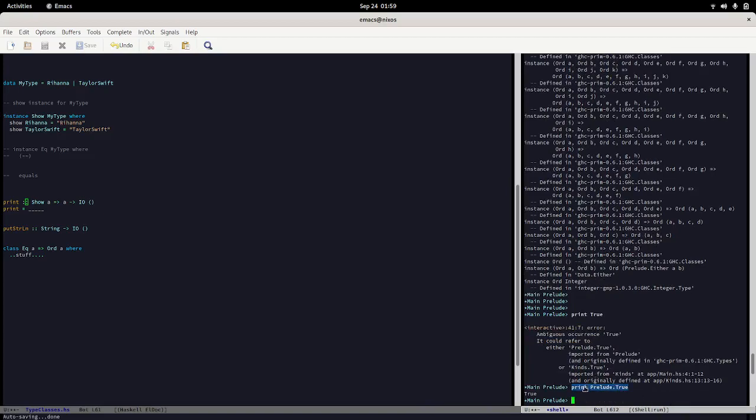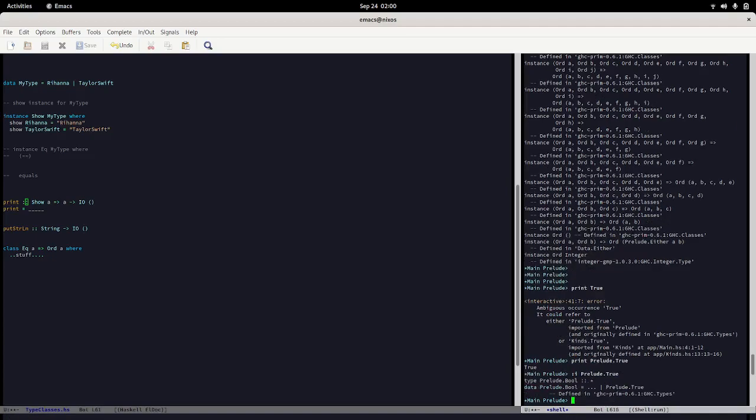This is how you refer to a type in a specific module, because we have two definitions conflicting here, but whatever, not really important or related to this lesson. But we can see that it is able to print True, and this is only because if we look at the info for Prelude.True,